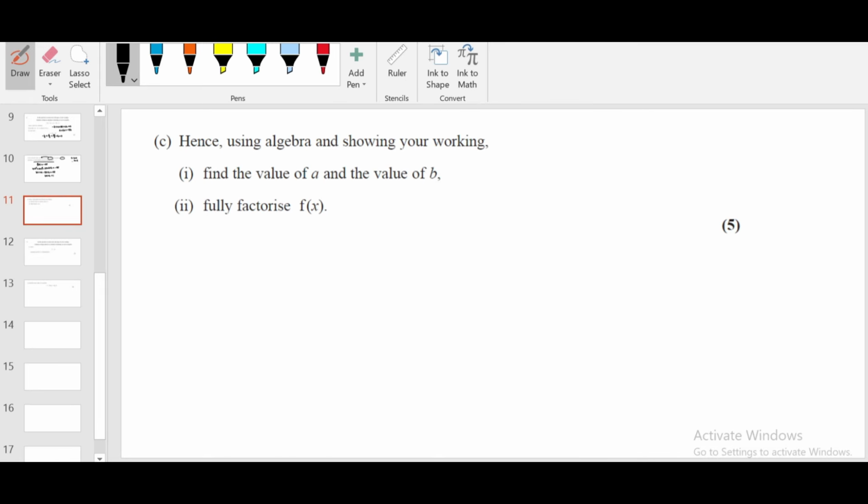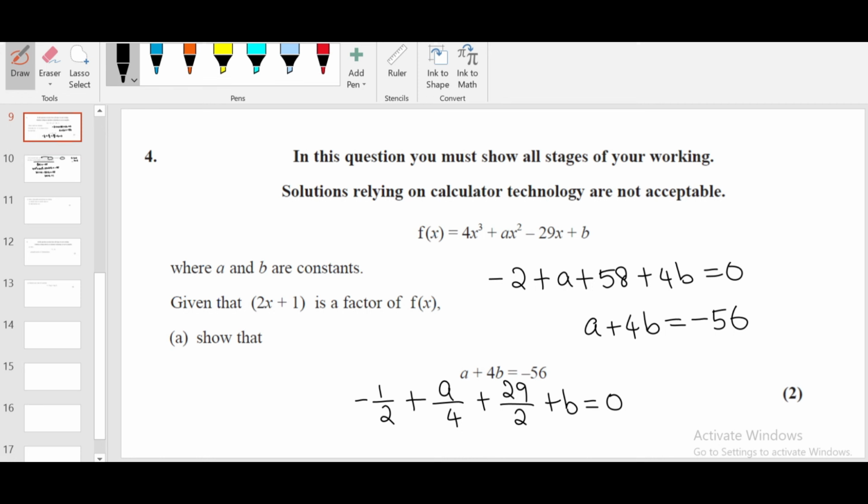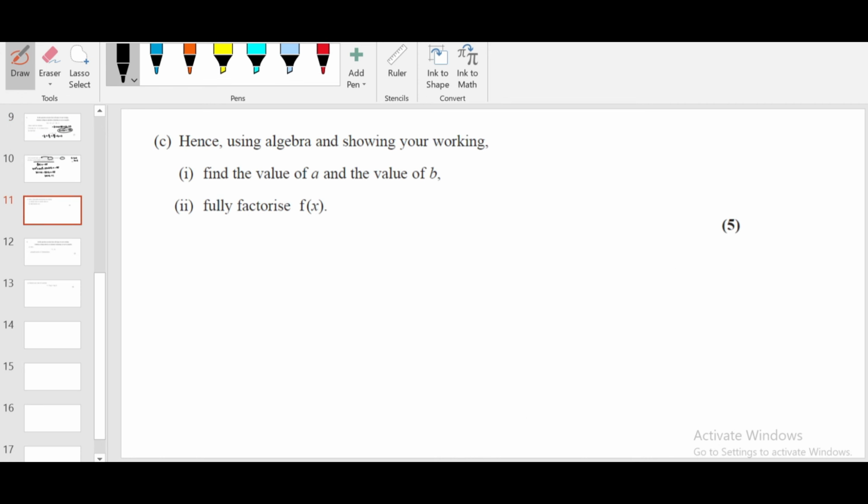Okay, we have two equations here. The first equation is a minus 4b is equal to negative 56. Second equation, 4a plus b is equal to 1. Solve the simultaneous equations. So when you write it as a is equal to 4b minus 56, sub in here,